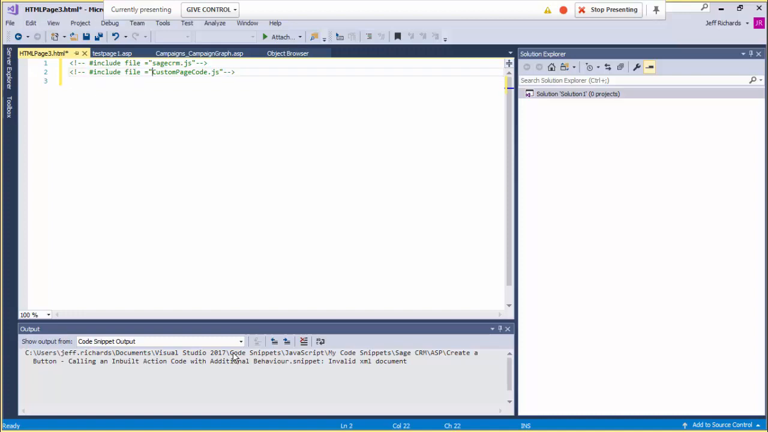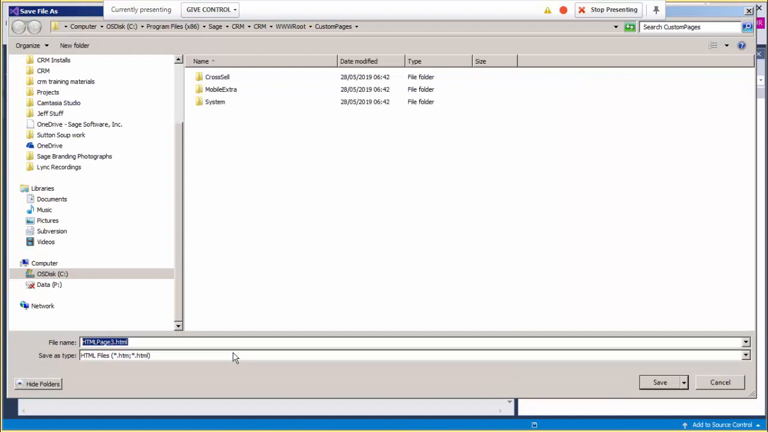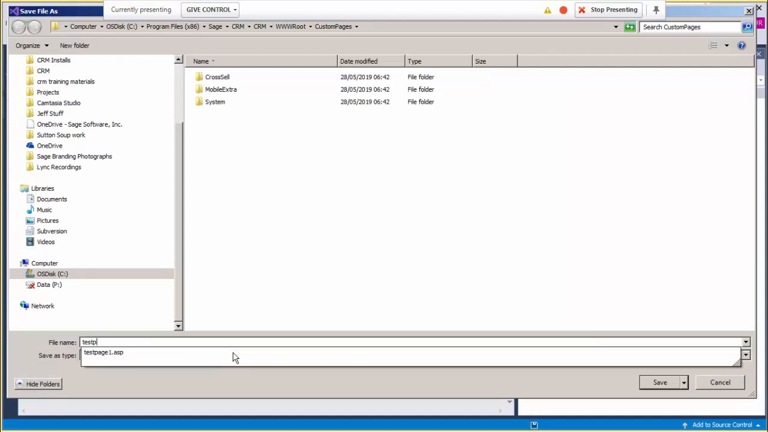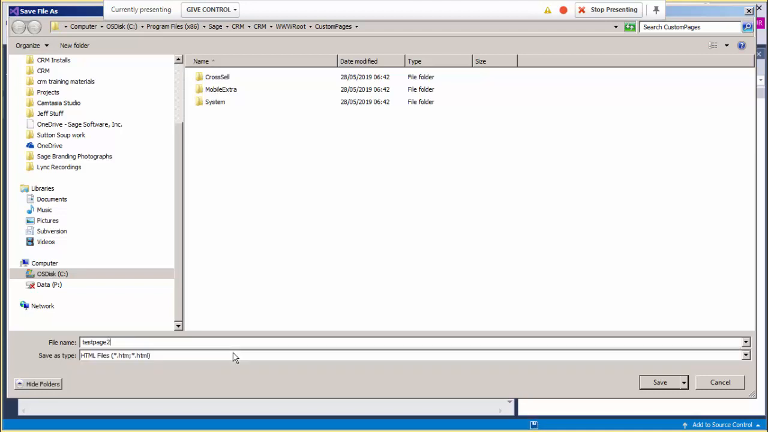And what we see here is the include file that we want. I'm calling this a test page, or I will be calling this test page, and you can see that I've included in here a reference to the JS file. So I'm going to just save this, and I'm going to call this test page 2.asp,